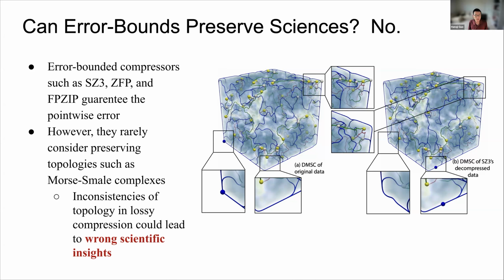These compressors do not consider feature descriptors. Here I'm going to talk about topological descriptors. If we look at the visualization on the right-hand side, we can see some dots and lines. These are critical points and separatrices. These points correspond to local maxima and local minima, and there are connectivities between the local maxima and the saddles, and all the complicated structures in the cosmos. If we zoom into the detail,